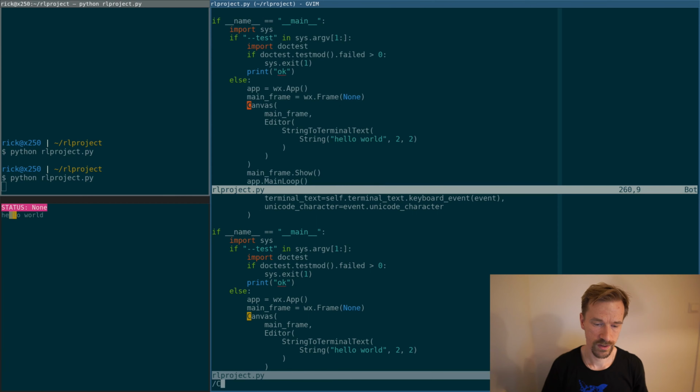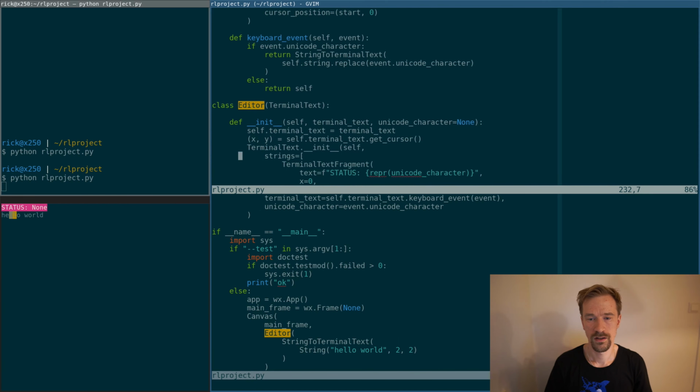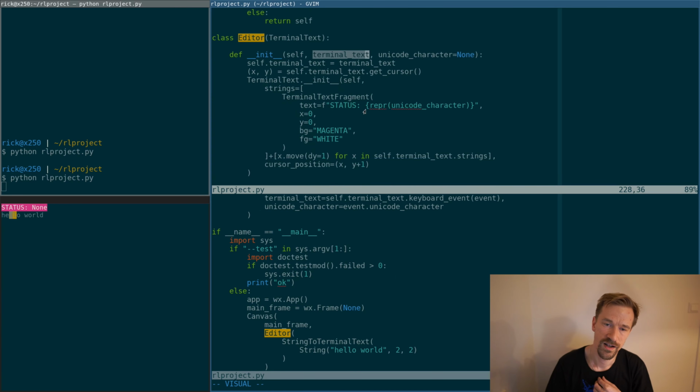And finally, let's have a look at the canvas. The editor. So the editor is also a projection which takes any kind of terminal text and returns a new kind of terminal text where we add a string, we add a text fragment, and that text fragment is the status line, and